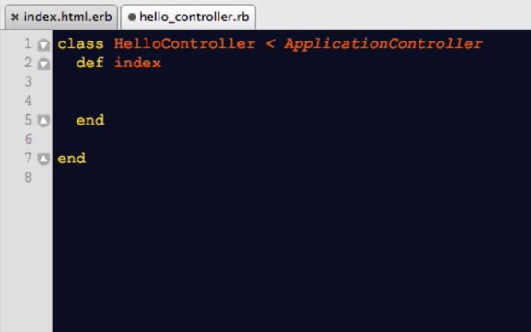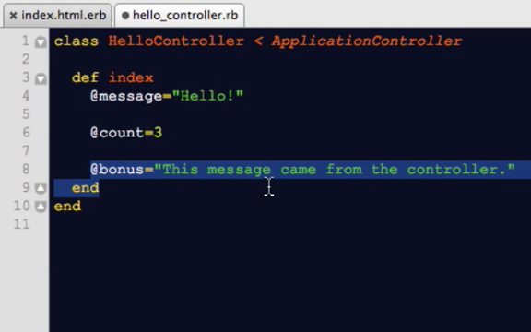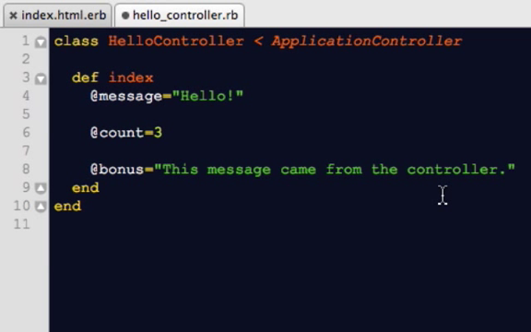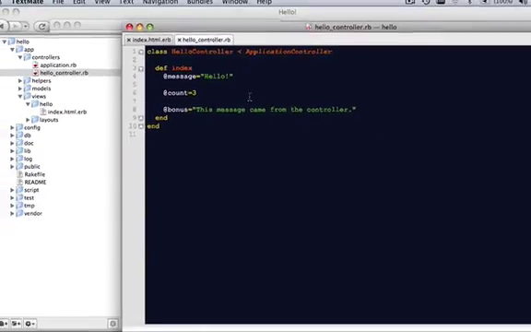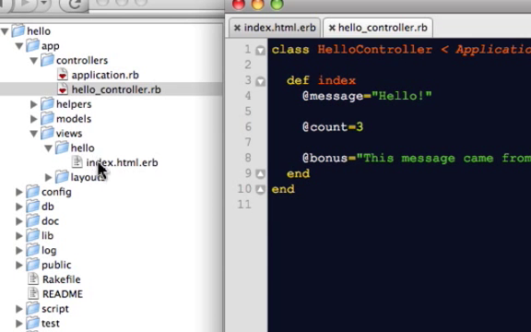To make this controller a little more exciting, we're going to replace it with the contents of example 2.4 from Learning Rails. There's not that much going on here, but as you can see, there are 3 variable assignments, one for message, one for count, one for bonus. The prefix @ indicates that it's an instance variable, and we'll have access to those when we get to the view. So we'll save this, and then to modify the view, we go back to the views, hello,